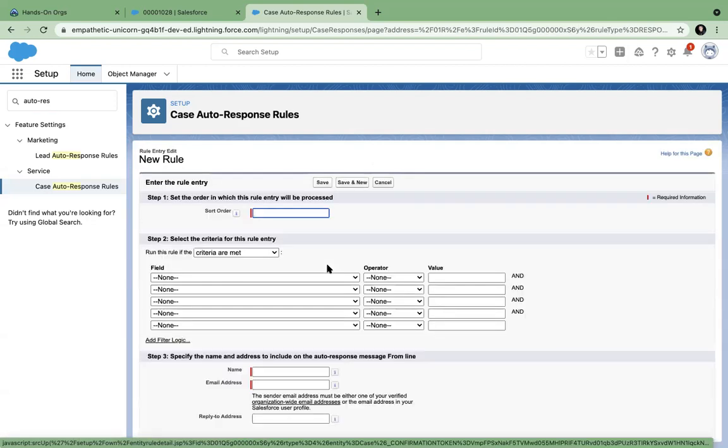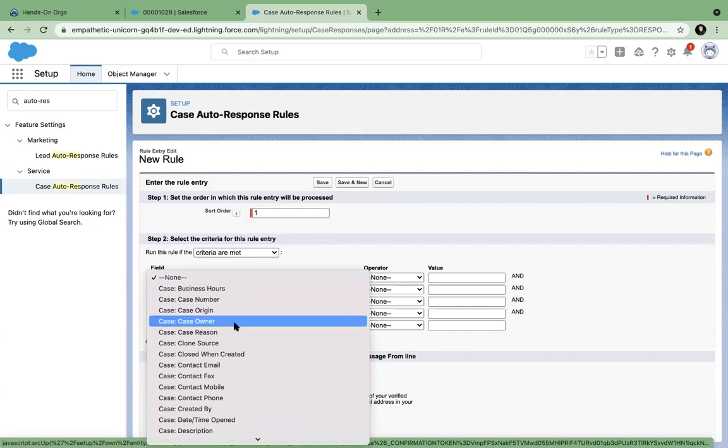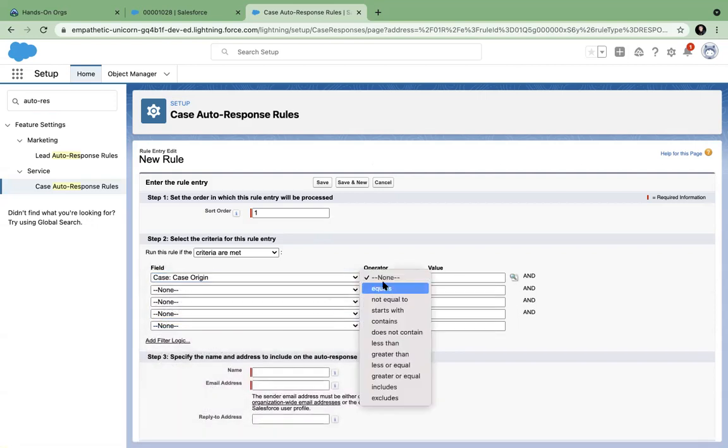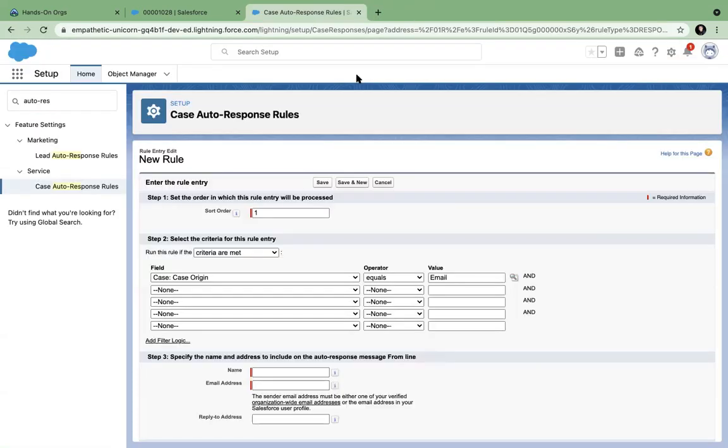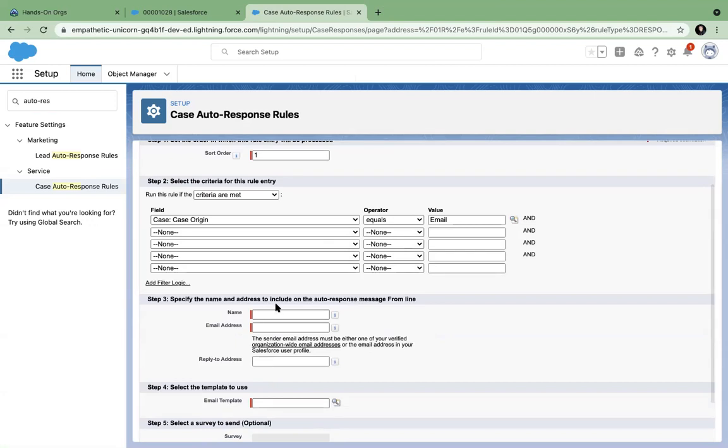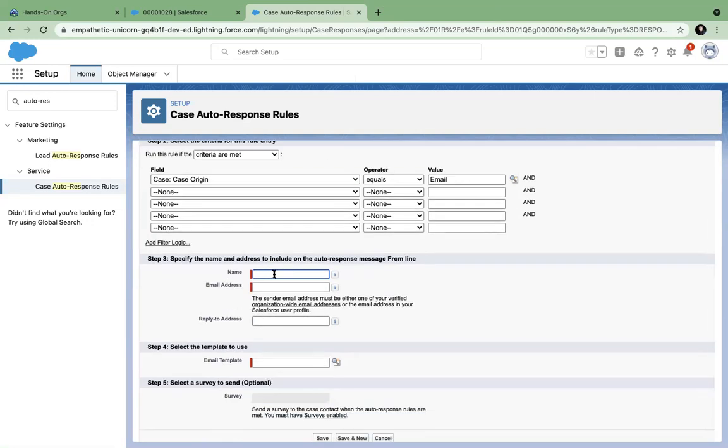Similarly, there is an auto response rule. Here is the same story, same step by step game. You say case origin is equal to email, and you specify the name and address whom you want to include in the auto response message. This is the sender email ID. Because I am sending on behalf of, I will say support Vodafone.